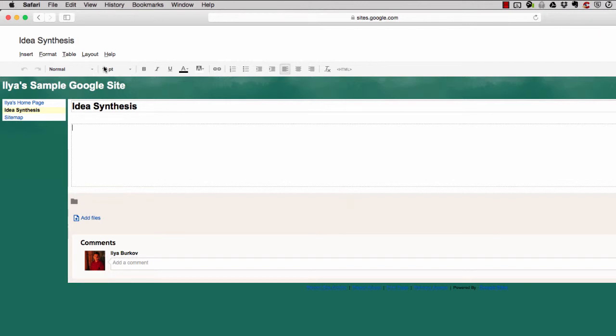Here's my idea synthesis. Here's the name of the page. And over here is the content. So I'm going to say, welcome to my idea synthesis page. See below. Okay, why do I want to type see below? Very good question, and it's very simple. Because instead of pasting in the idea synthesis into here,